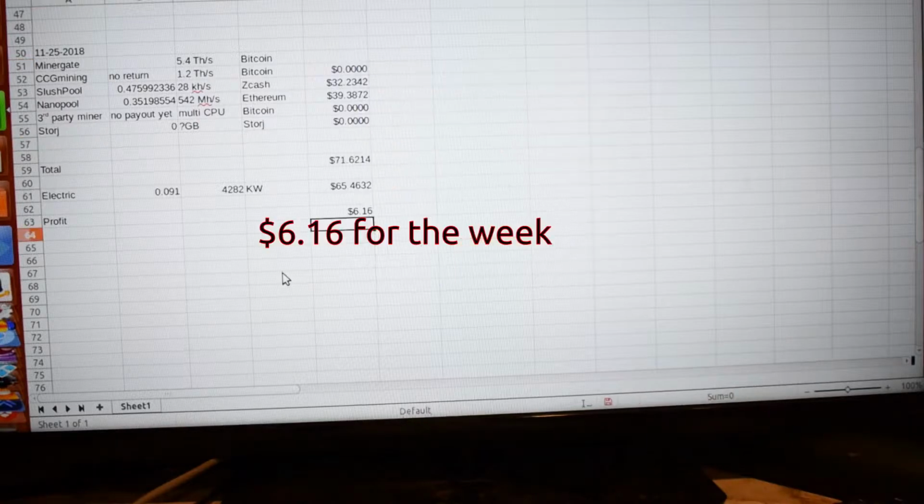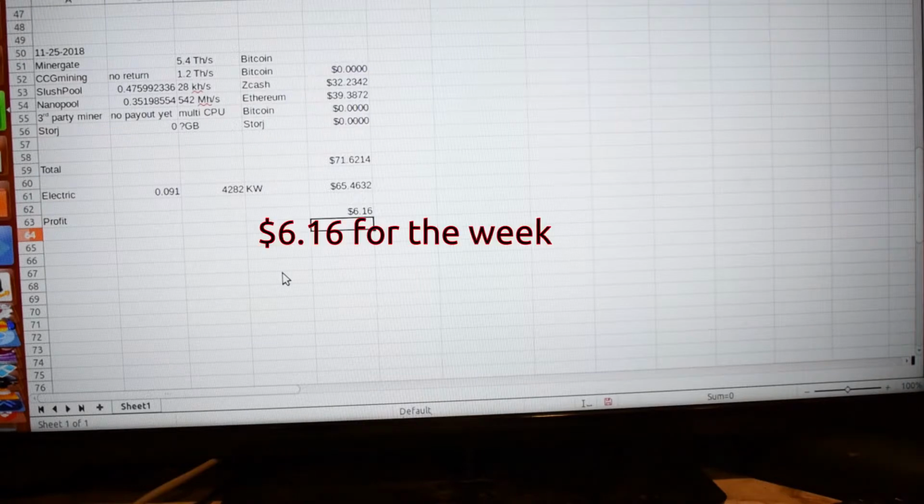Storage, I expect to get something out of it in December. Delete Ebates. So that leaves us with about 6 cents for the week. Not very good at all, but with all this market crashing. However, I'm getting 6 cents a week to heat my house,